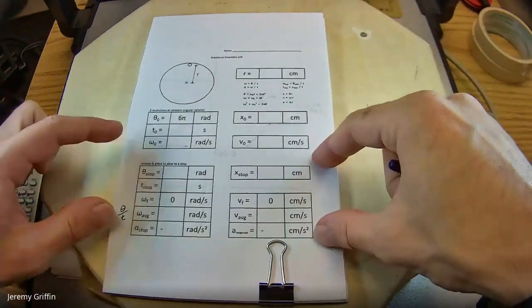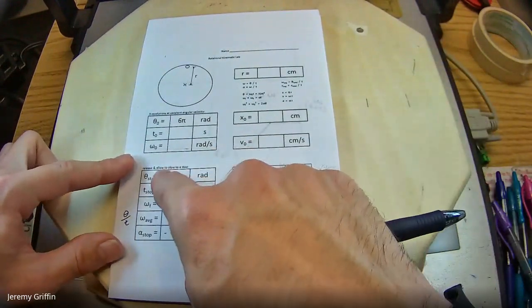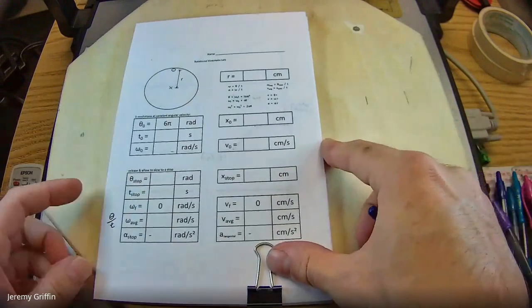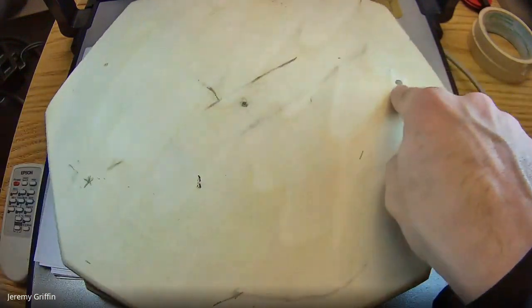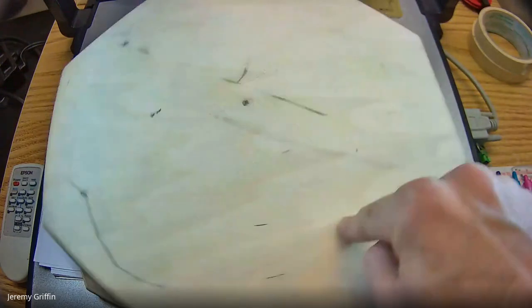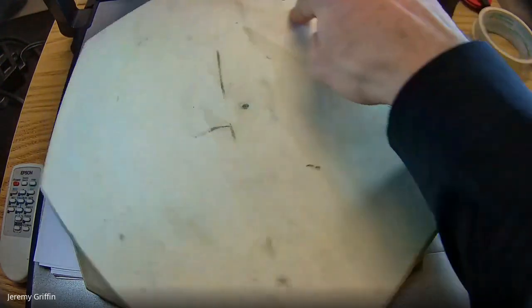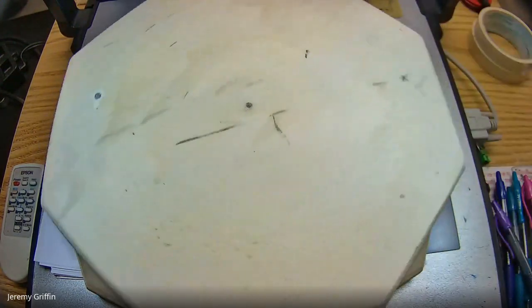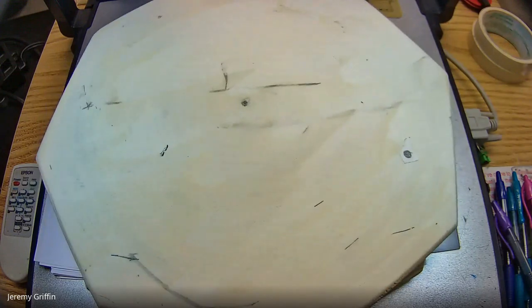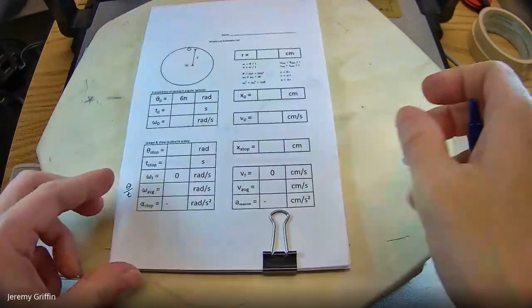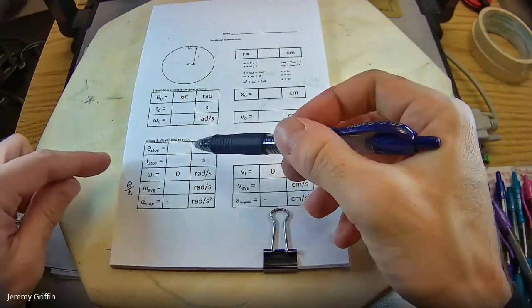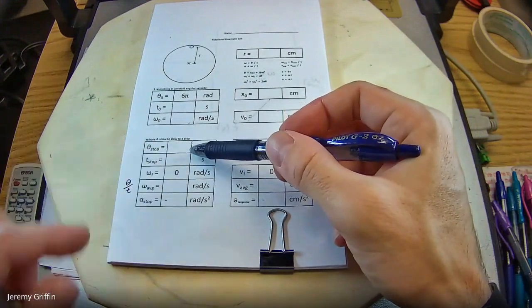Part 2 says release it and allow it to slow to a stop. So let me do the full story right here. You're going to pick up the point, go 1, 2, 3, and then just let it go, and just let it go to a stop. Now that time that it comes to a stop, somebody timed that, and also count how far it turns